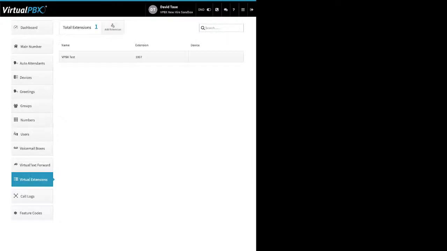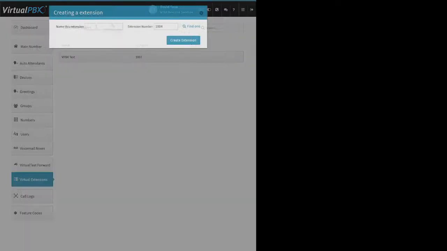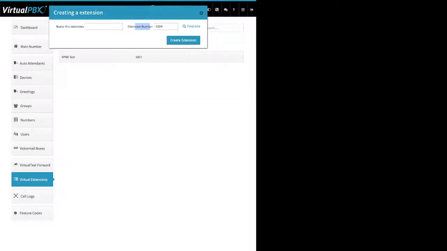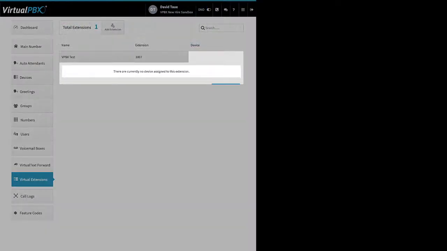Virtual extensions, plan specific feature. This allows you to create extension numbers not associated with an email address, right? So it's not a user. You would just click on add extension. You give it a name, give it an extension number, click on create extension, and then you would add a device,